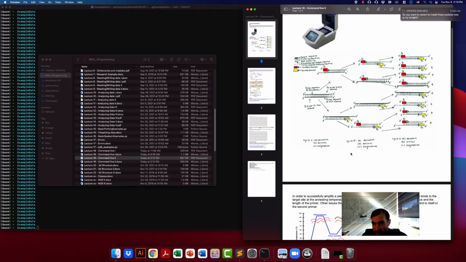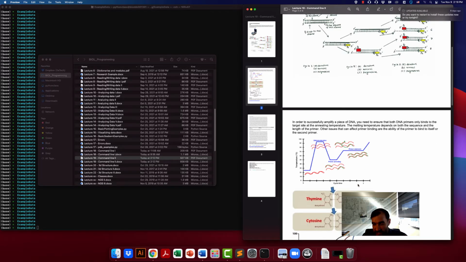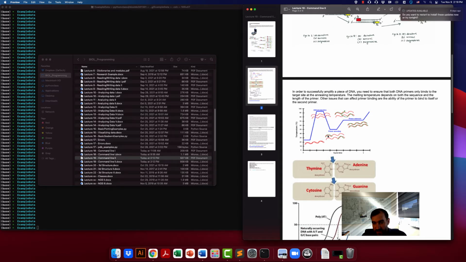And so in order to successfully do this, what you need are primers that are very successful at annealing at this temperature. So typically you use something like 55 degrees Celsius, and so at that temperature you want the thermodynamics to be such that these primers will anneal just to this region. And so if the melting temperature of this is too high, if this primer is too long, then what happens is it'll start to bind